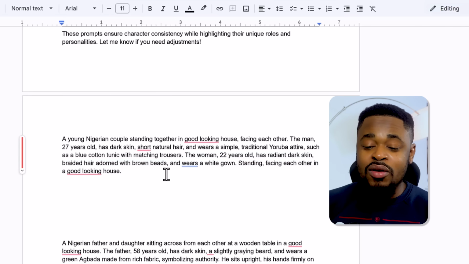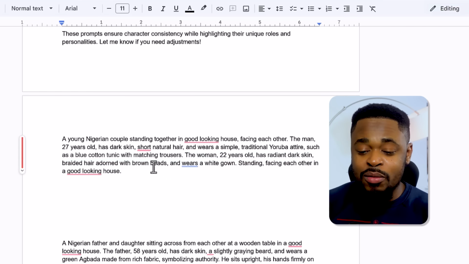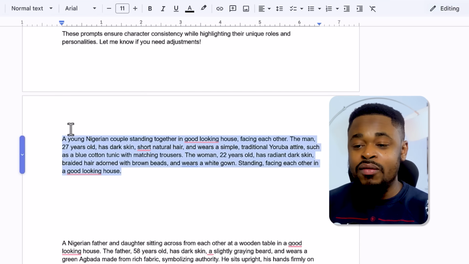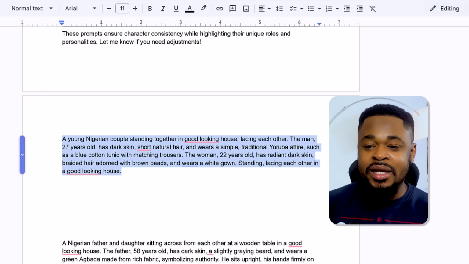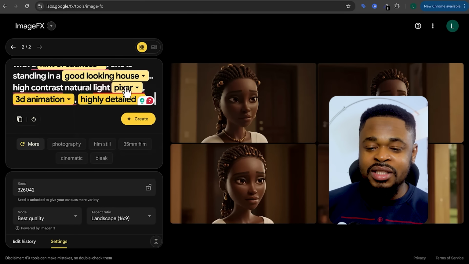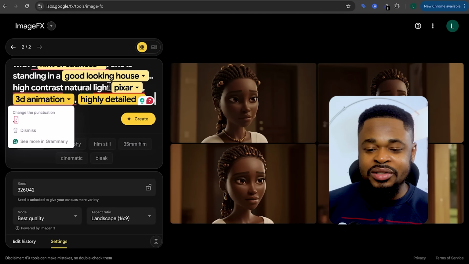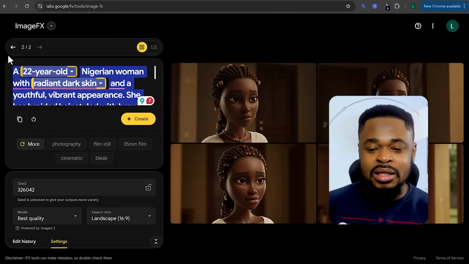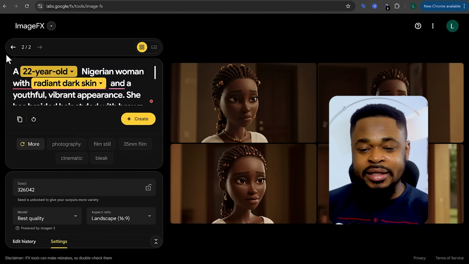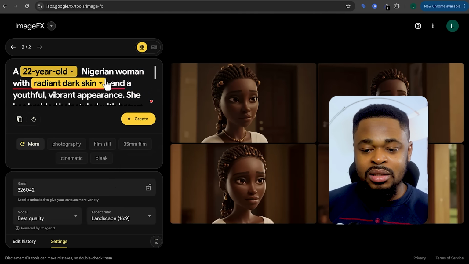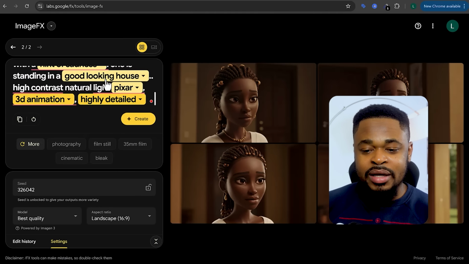Now, this prompt covers both Adama and Kofi. We are just going to copy this prompt and then go over to the image FX and paste it here. We are going to leave this main one, which is Pixar 3D, and just copy and just remove this part and paste it over here. Okay, so we have done it.